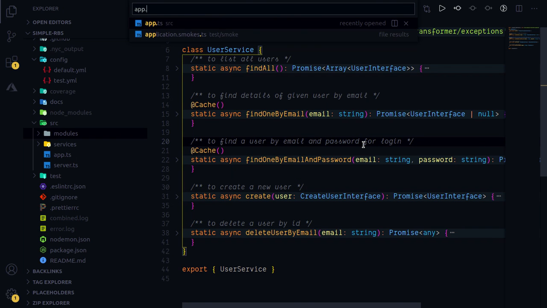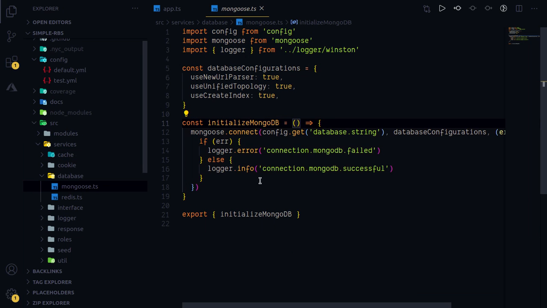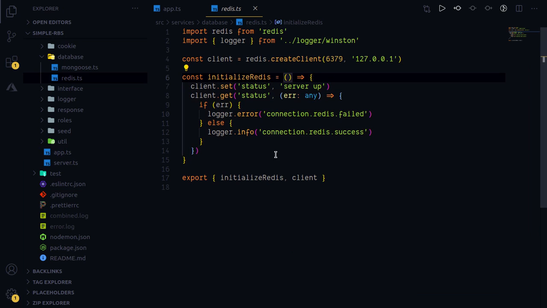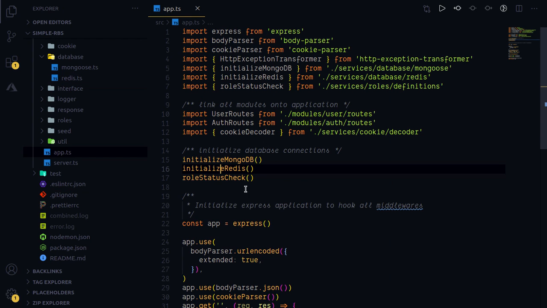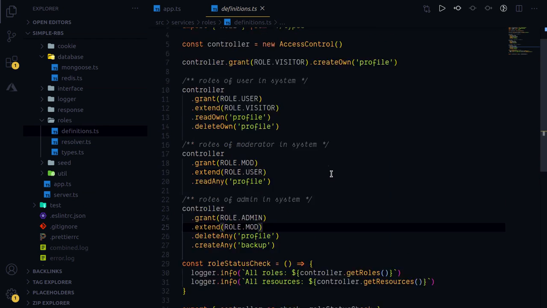These things are coming from app.ts, and you see the functions being called here: initialize MongoDB, initialize Redis, and similarly role check status, which shows you all the roles and all the resources that we have right now in the system.